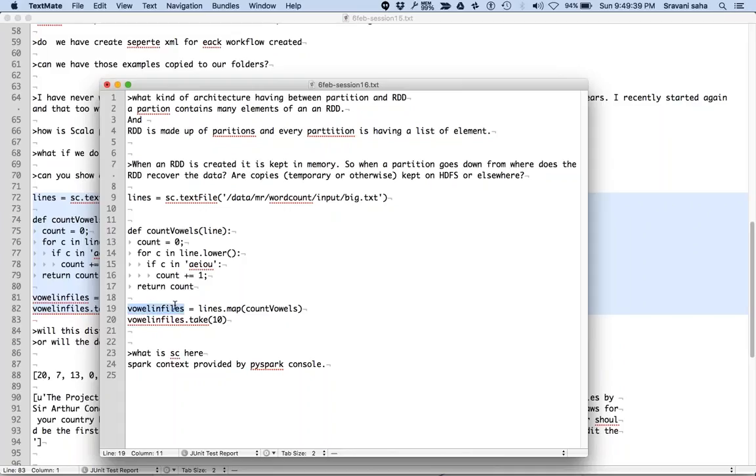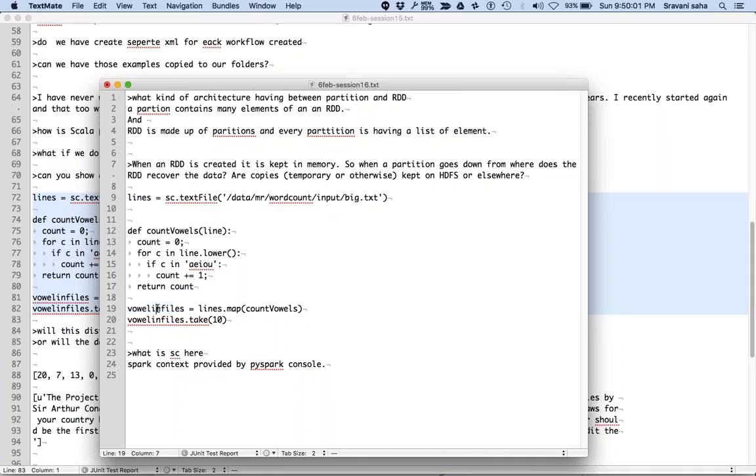Or think of it this way: we are saying vowels in file equals lines.map. So vowels in file is also another RDD. Now Spark knows that vowels in file was created as a result of running count vowels against lines.